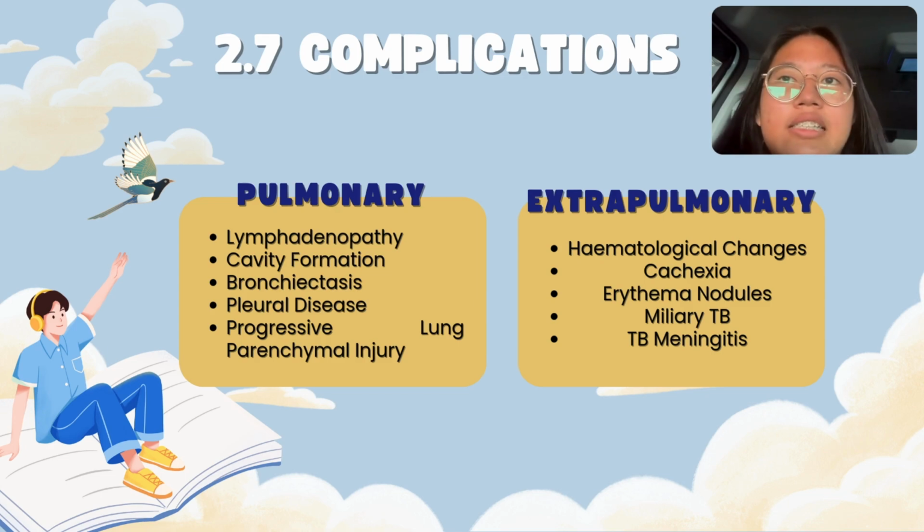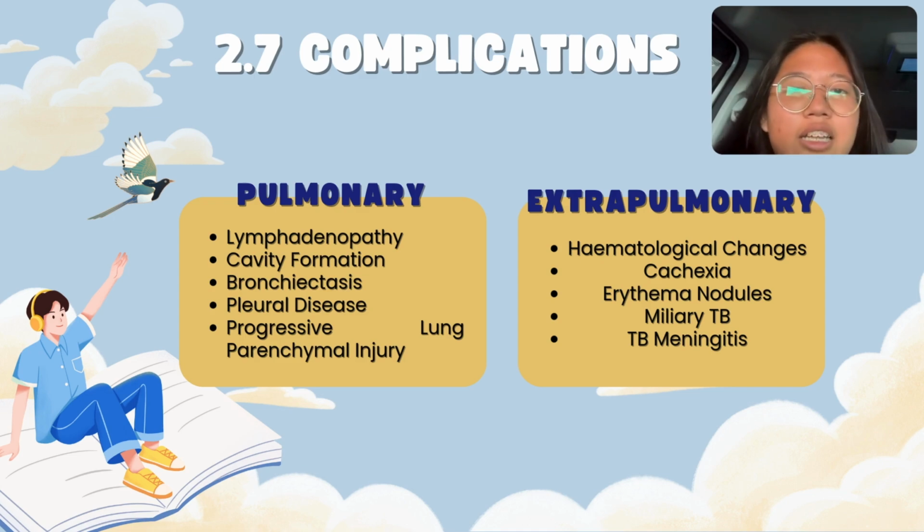TB in child leads to both pulmonary and extrapulmonary complications due to the body's immune response and the bacteria's direct effects. Pulmonary complications include lymphadenopathy, where swollen lymph nodes in the chest restrict airways; cavity formation, where lung tissue disintegrates, creating air-filled cavities that harbor bacteria; bronchiectasis, which occurs when long-term inflammation damages airways, leading to mucus build-up and recurring infections; pleural disease, which causes fluid or pus accumulation around the lungs; and progressive lung parenchymal injury